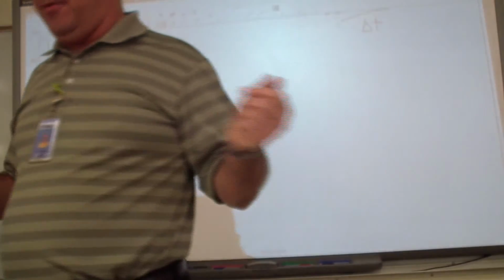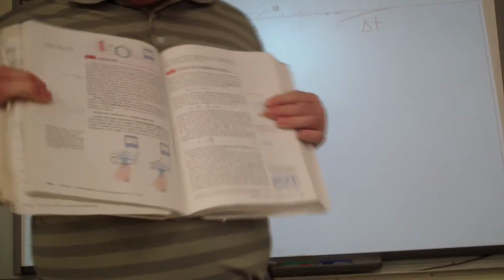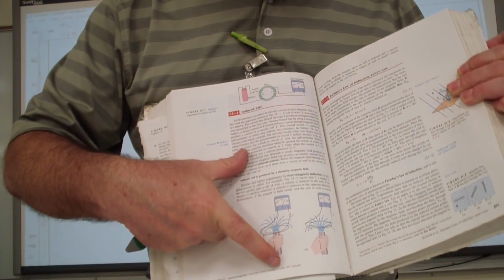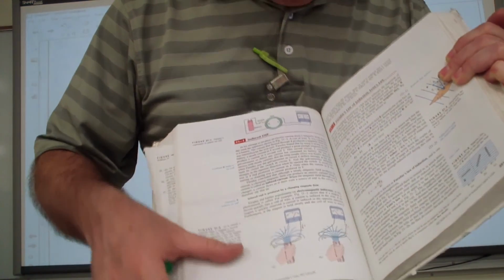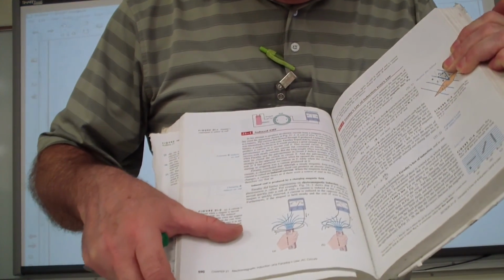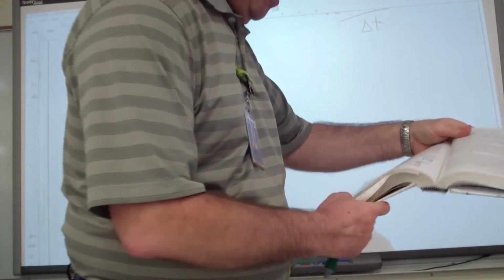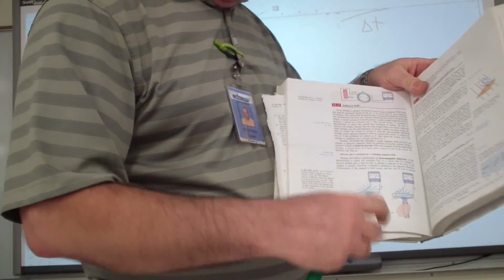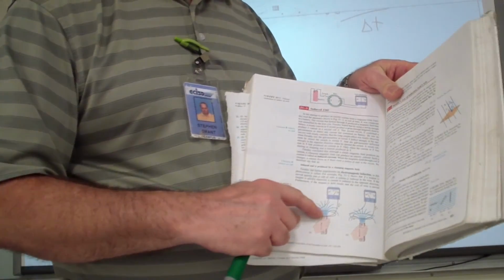Guys, I want to show you something that usually I'll forget to tell kids, and it's a good example. Turn to page 590, and they show you a very good example there. And I'll put it up here as we talk about it. It's the one on the bottom. It has a magnet you're going to bring closer to a coil. Oh, they do it a different way. It doesn't matter. They have a magnet right here, correct? And they pull